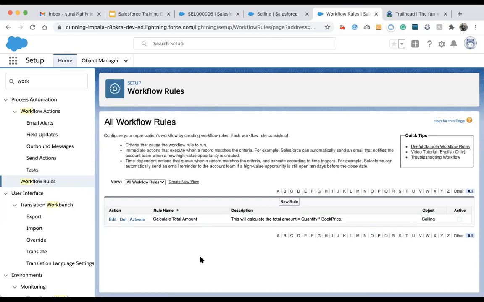Whenever I need to manage them, I need to check the criteria. I need to open one workflow rule, see the criteria, edit it, then open the second workflow rule and see it. It's hard to manage all the workflow rules in the same place. And the third one is that we can't update the child records, whenever we have a requirement to update any child record's value.